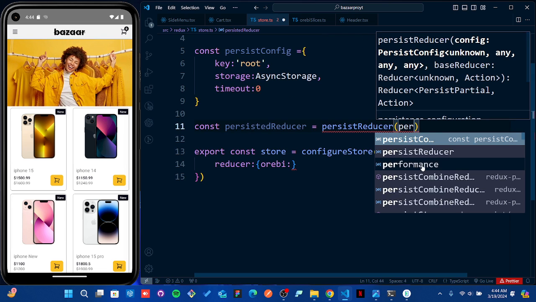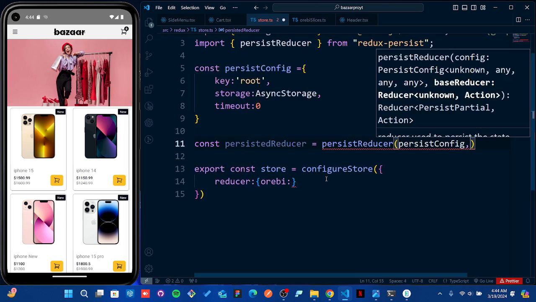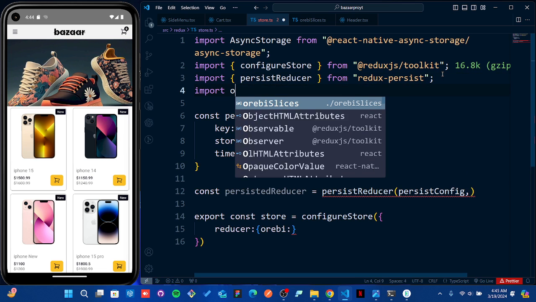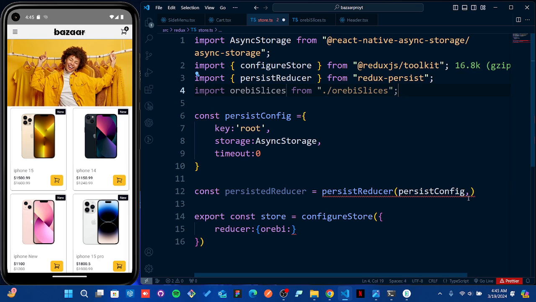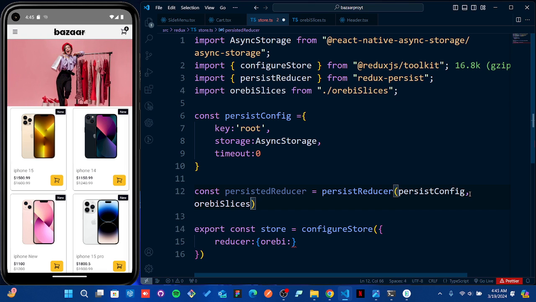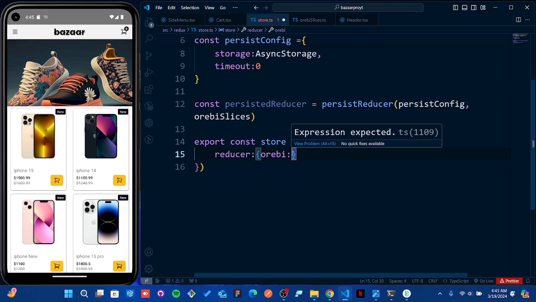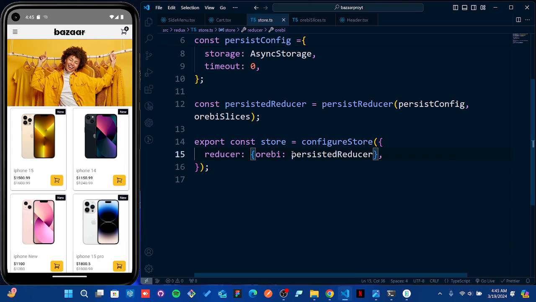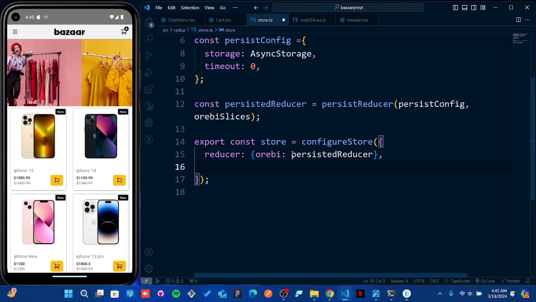And here I'm gonna pass that persist config, and also one more parameter, which is going to be my slices. So it will be import rootSlices from the slices. So I'll be passing those slices. Okay, so now in my store, it will be that persistent reducer which we're gonna inject. So that will be my reducer, and as we are using it in the app, we need to also